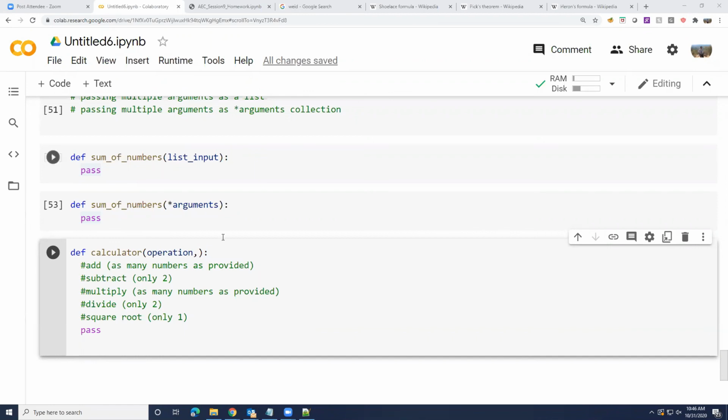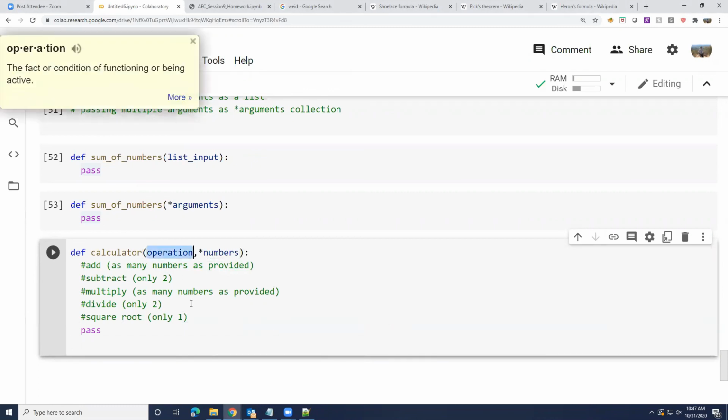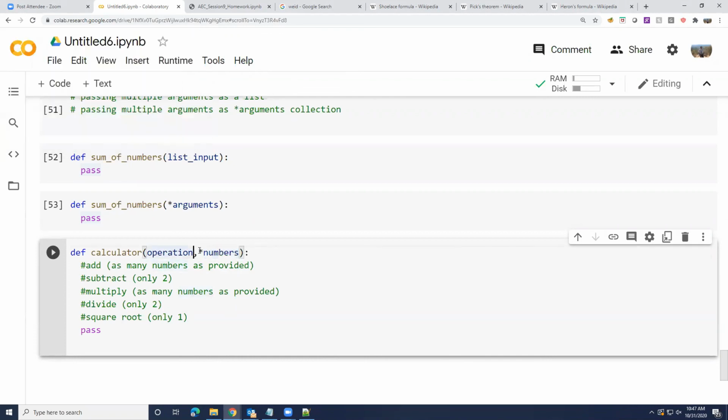No, absolutely not, right? So how should I pass a variable number? Based on operation, we can have one, two, or more. So what if I just did numbers? So now my function has one required parameter and one parameter that accepts a variable list of numbers, or a variable count of numbers.